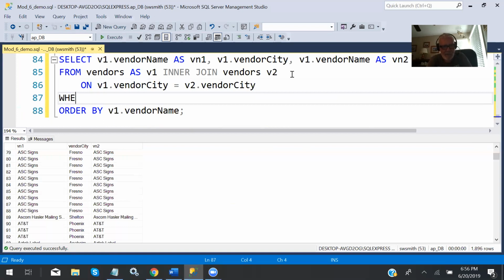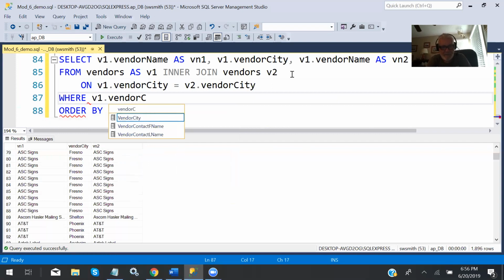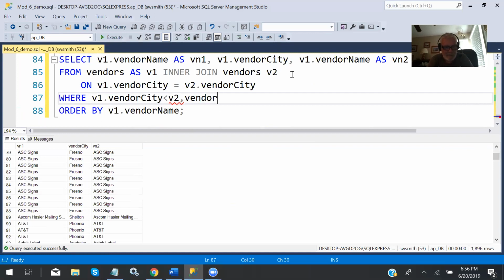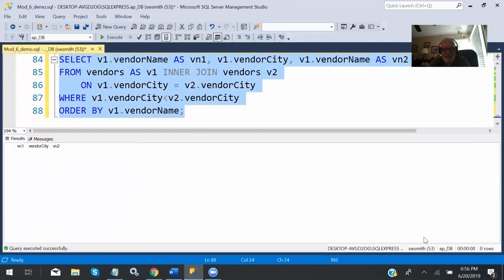where v1 dot vendor city is less than v2 dot vendor city. I mistyped that. Put a dot in there: where v1 dot vendor city is less than v2 dot vendor city, and this will eliminate the duplicates. So now when I execute this,